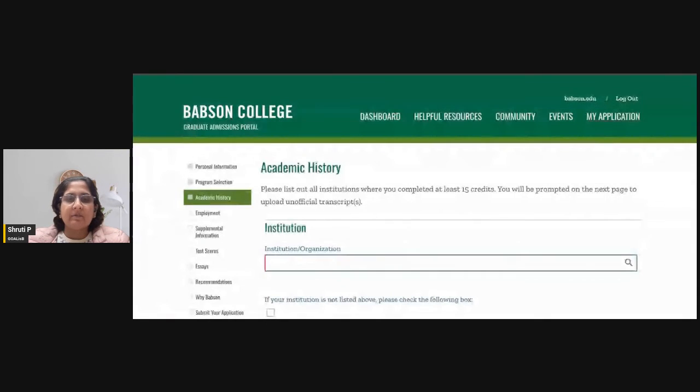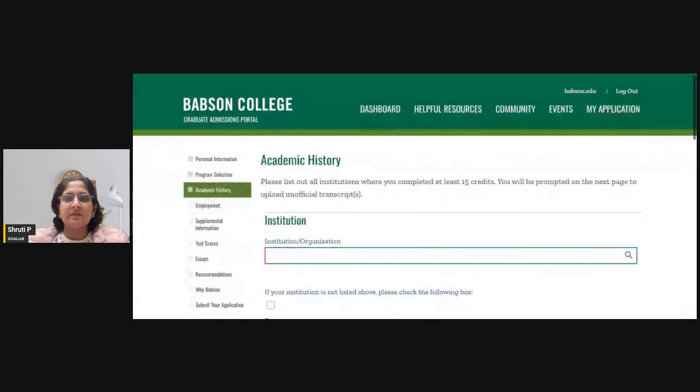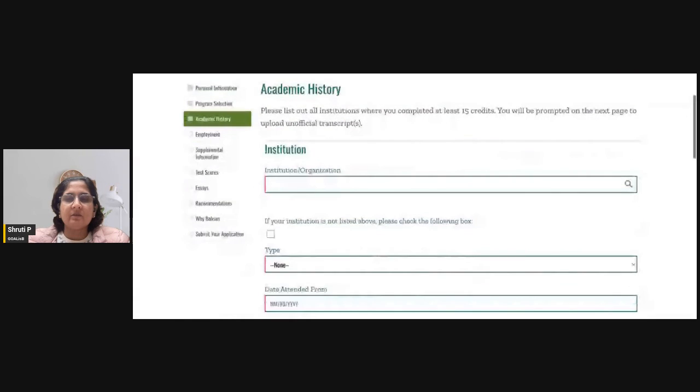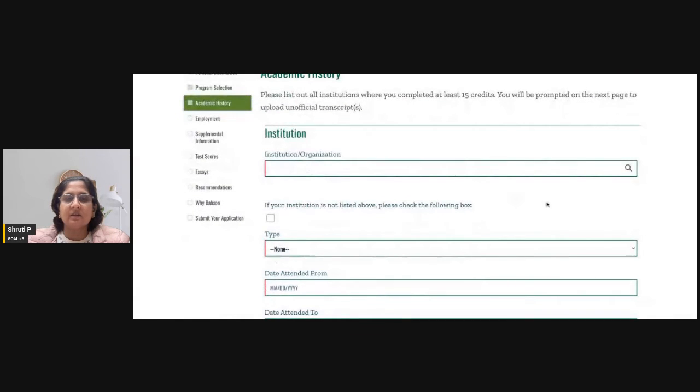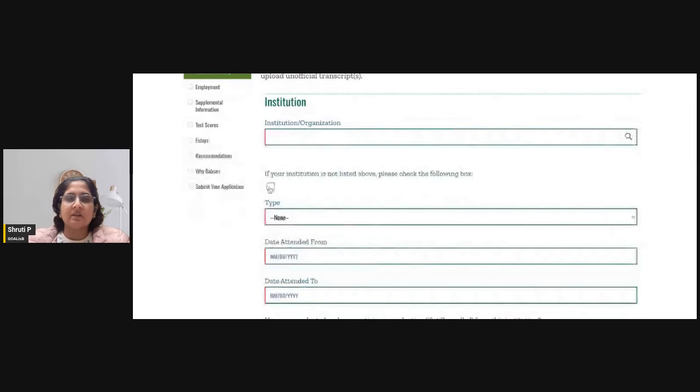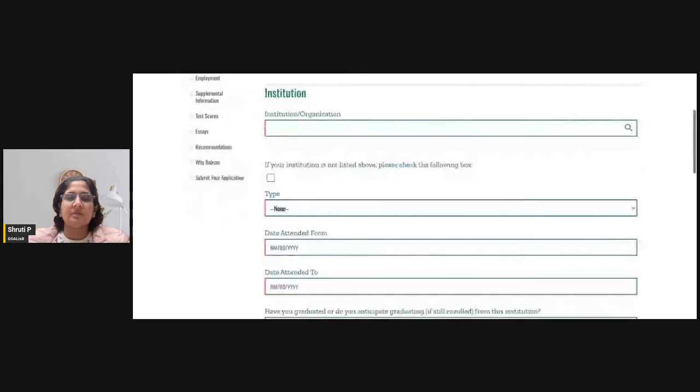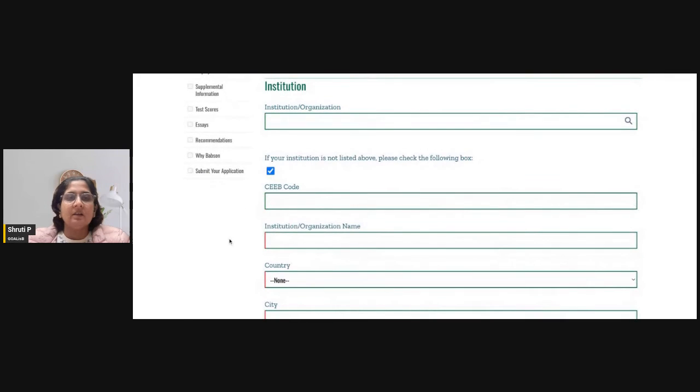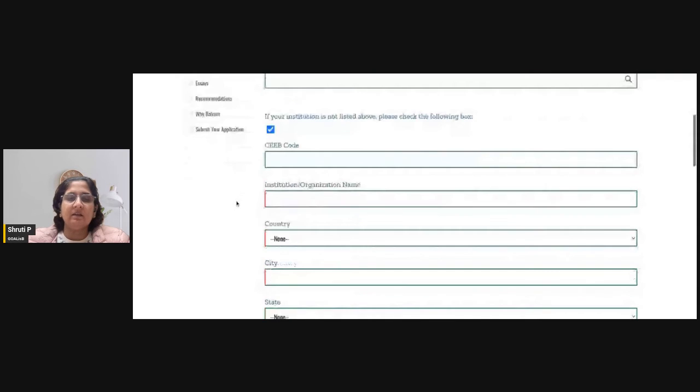The next part of the application requires you to fill in the academic history. In the academic history, you need to fill up the institution or the organization where you have been educated. In case your institution is not there, so let's say you've graduated from a college in India which is not mentioned in this drop down list, then you need to add your program over here, add the country, city,